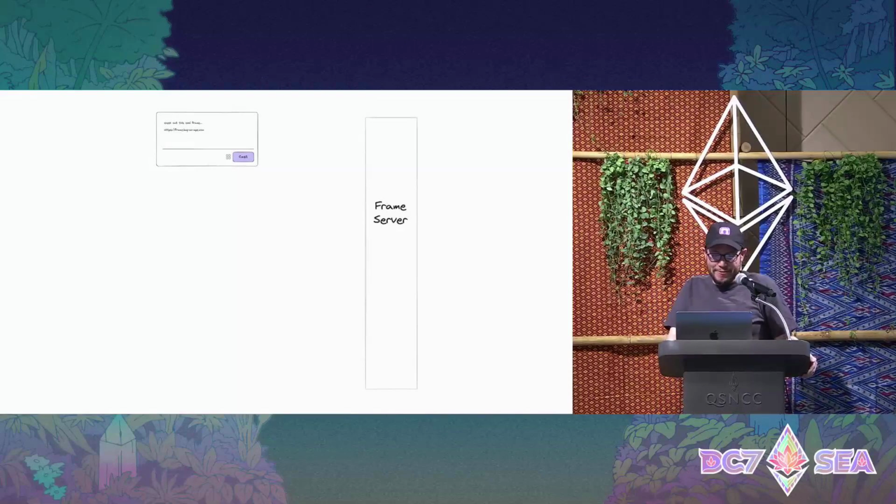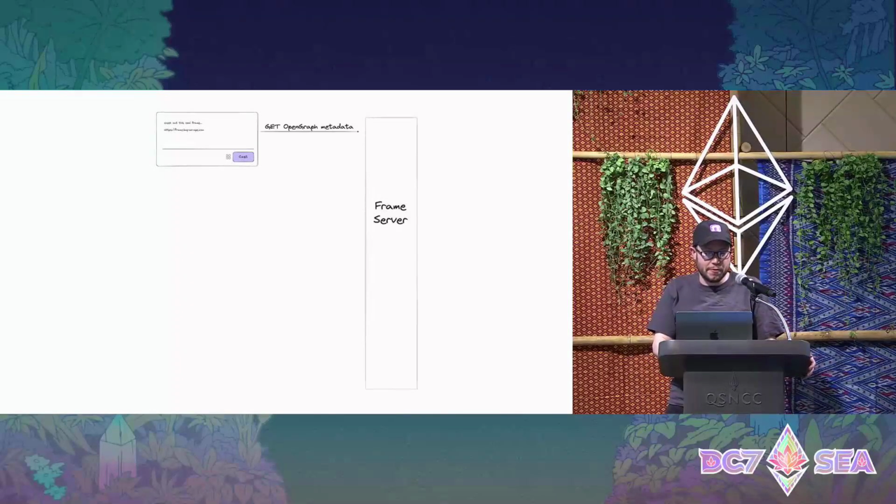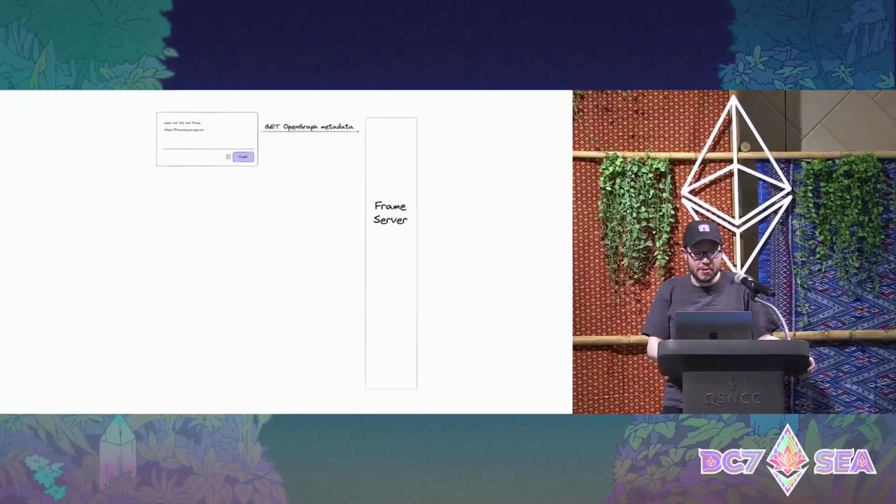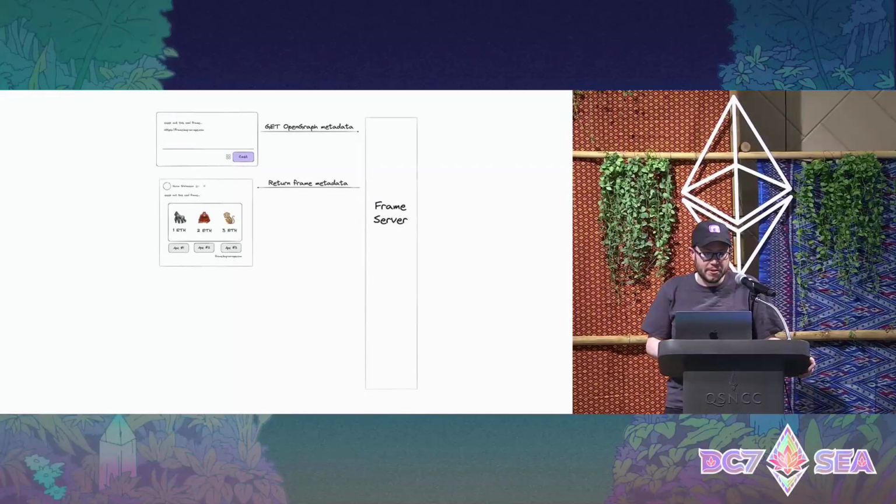Cool. Okay. So here's how a frame interacts with the server, kind of the whole life cycle more concretely. We've got the cast composer up here. This is where you're typing in your cast, your post. So when you first post a link, your Farcaster client will get the URL. The frame server then returns an HTML page, right? This defines those images, buttons, and actions in the markup. The client parses that frame metadata and renders it in feed. So it looks like this. Frame server returns frame metadata, the client parses that and renders it.